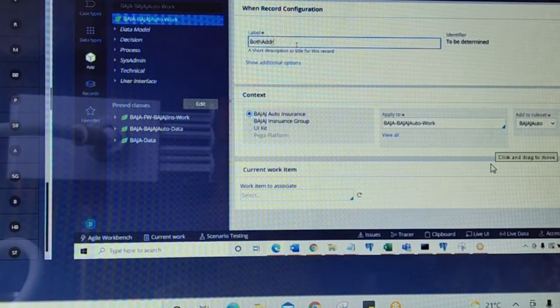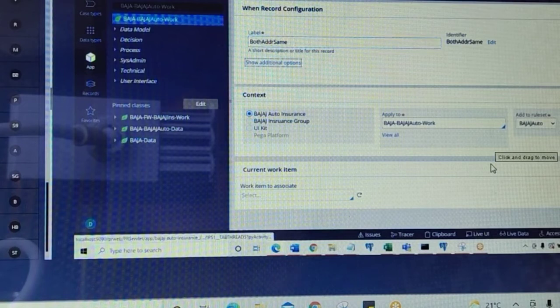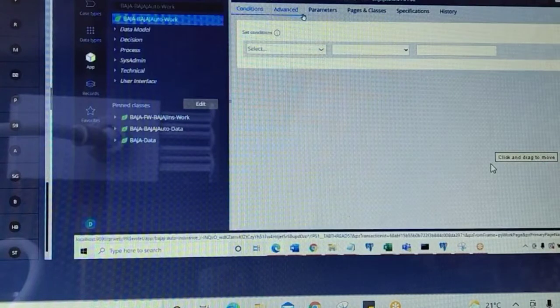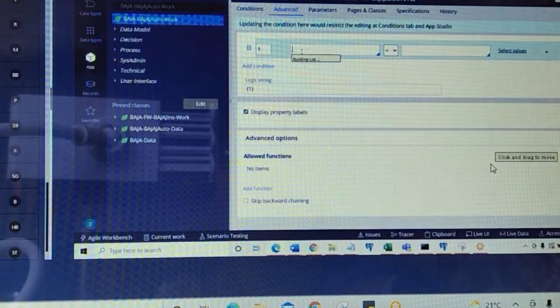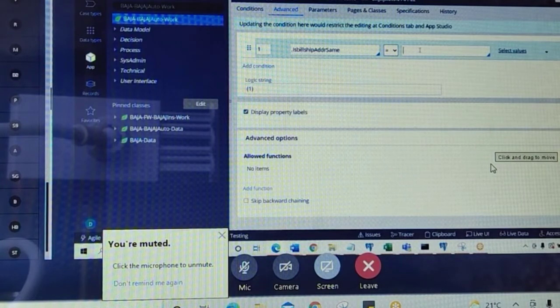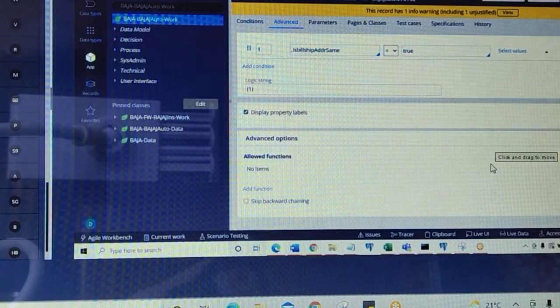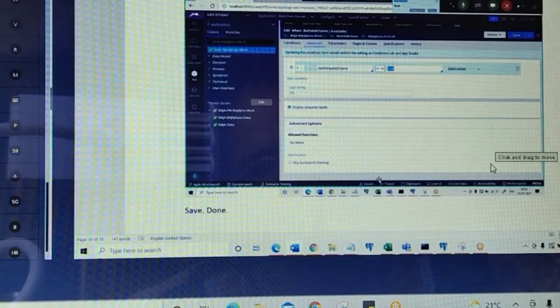Means what should be the checkbox property value? True. Is bill ship address same equals true, all lowercase. Save this. So I created a when rule with a positive condition of the checkbox property value being true. If not true, it means you did not select it. Save, done.